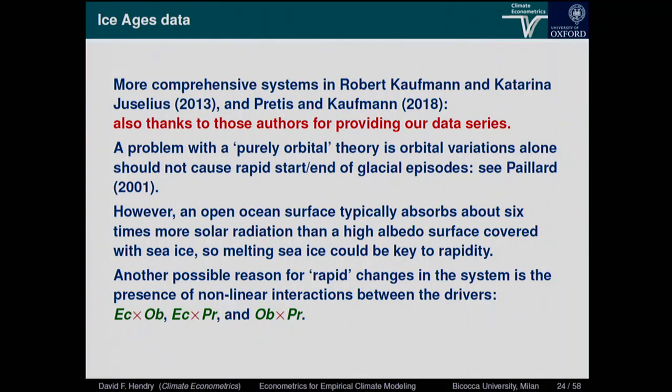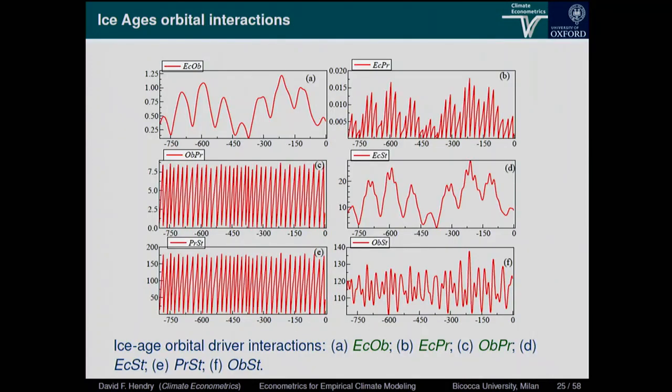Not just the non-linear ones, but squares of them as well, but not the cubes, which I think now is possibly a mistake. Because if the Earth is tilting towards the sun at the time it's closest to the sun, it's going to be much warmer in the northern hemisphere than if it's tilting away. I couldn't find papers that explicitly did this, but they all talk about it. So these are the non-linear interactions.